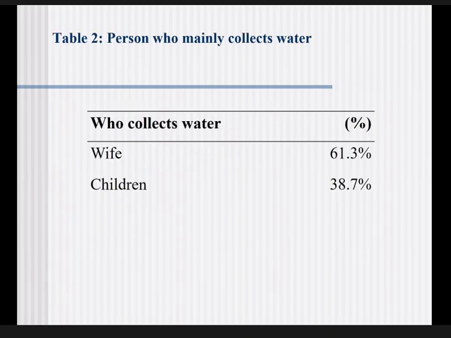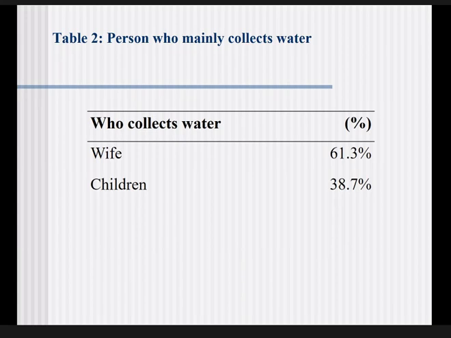I have an example of bad tables. For example, this cannot stand as a table. The title of the table is, this is Table 2, and it is about the person who mainly collects water for home consumption. The title is okay, but look at the table. There is a person who collects water in the first column, and the second column is the percentage of these